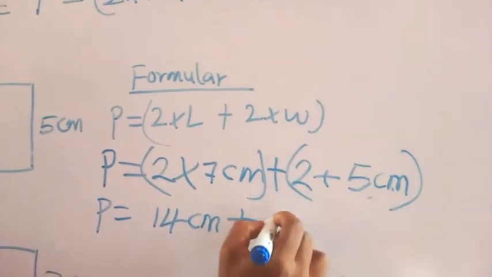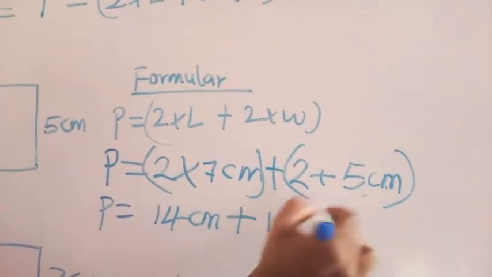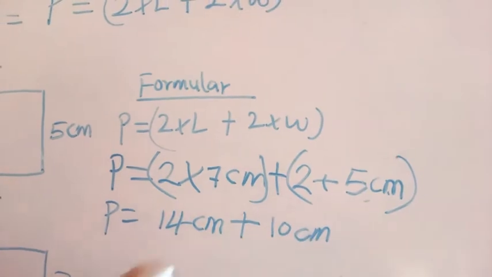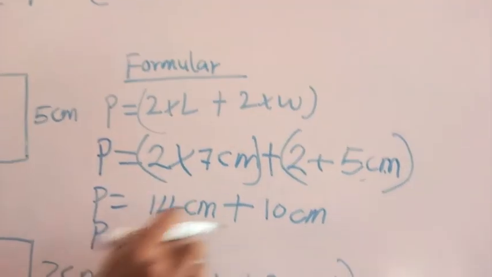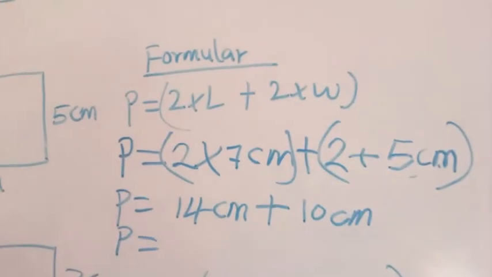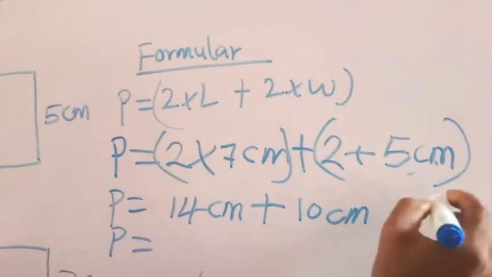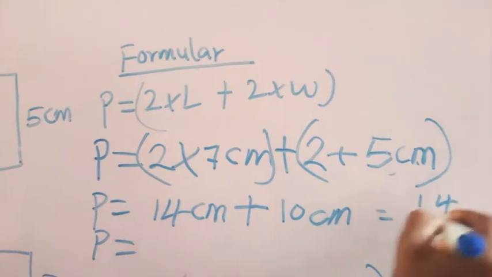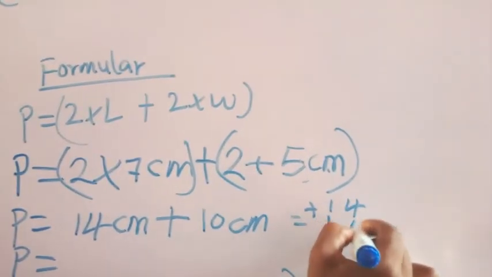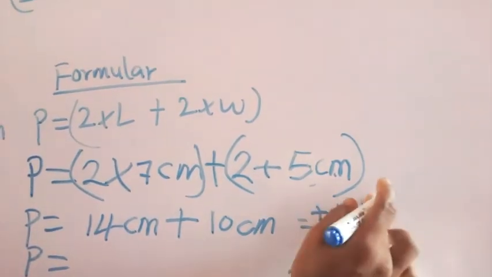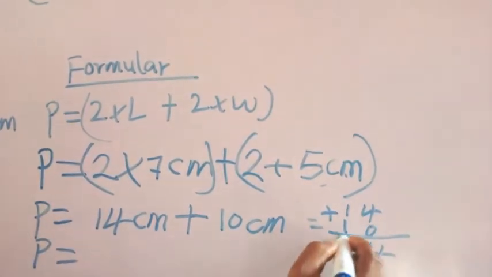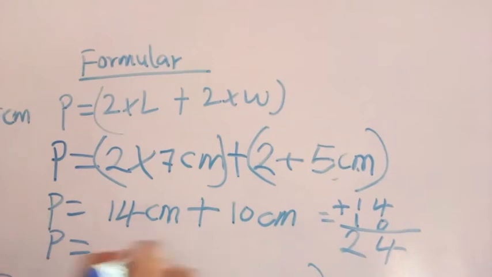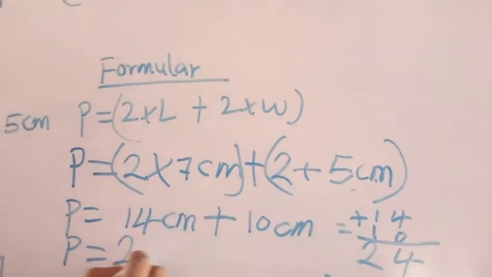Good children, we have 10 cm. Here, our final perimeter is 14 plus 10. 4 plus 0 is 4. 1 plus 1 is 2. So our perimeter is equal to 24